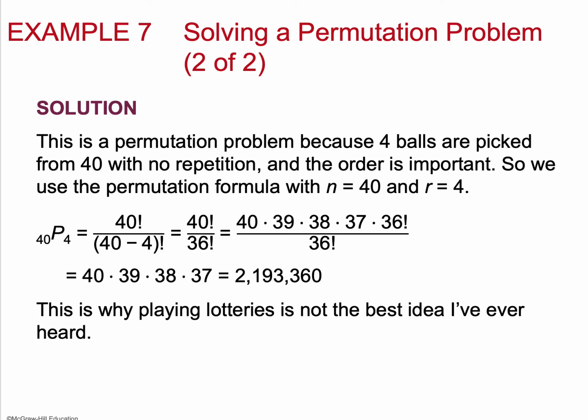We can't have repetition. So what that means is if I'm using 4 balls out of 40, if I use the permutation formula, that's going to remove all those redundancies where something could be just selected in a different order. So like red, blue is not the same as blue, red. Even though they have 2 blues and 2 reds, I have to eliminate all of those extras. So when I use the nPr formula, I have 40 total. I'm selecting 4, so you can plug that into the formula here, or in your calculator, you are able to utilize it,